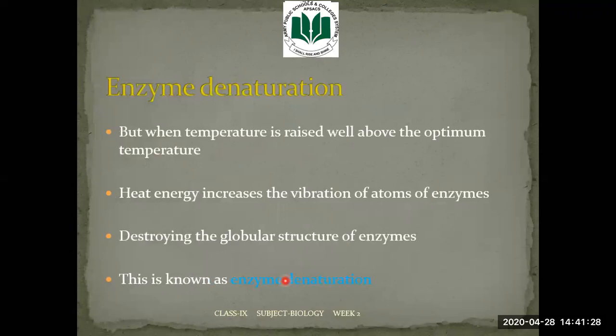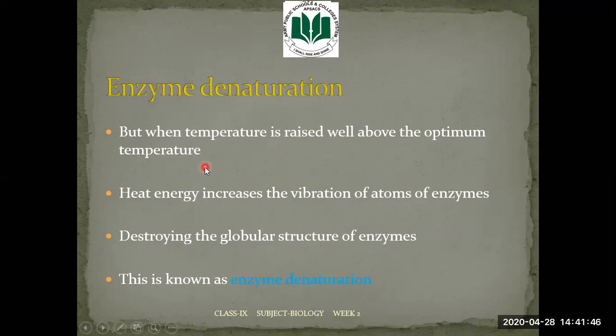Now, what is enzyme denaturation? It is an important term, just like optimum temperature, which is a very important term of temperature. But when the temperature is raised well above the optimum temperature, for example, in case of humans, we learned that this is 37 degrees,